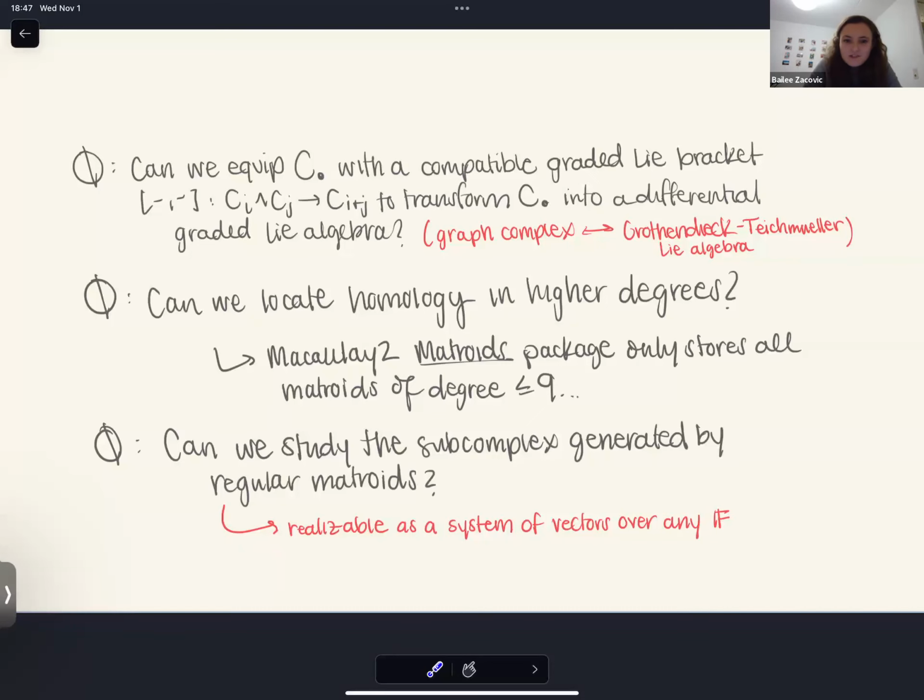Of course, we're also still hunting for homology in higher degrees. So as I mentioned, Macaulay 2 only stores Matroids. By degree, I mean the cardinality of the ground set. So it's only classified all Matroids on ground set sizes up to 9. And so that makes it difficult to compute homology in Macaulay 2 for larger Matroids. But perhaps